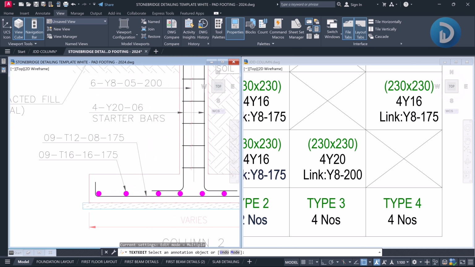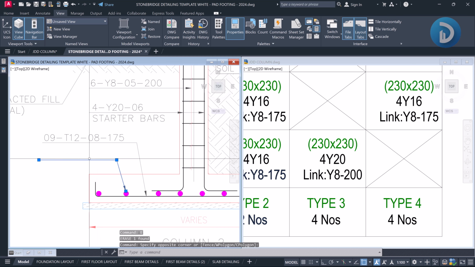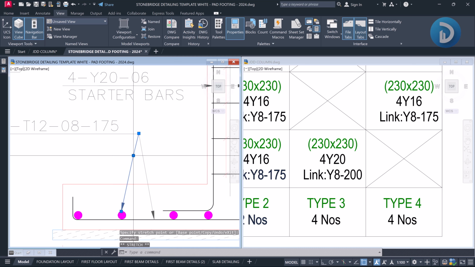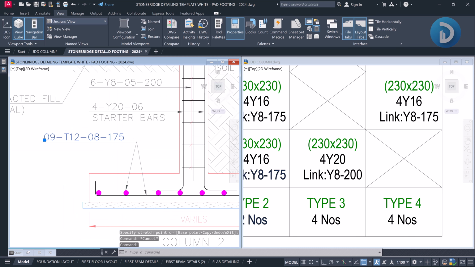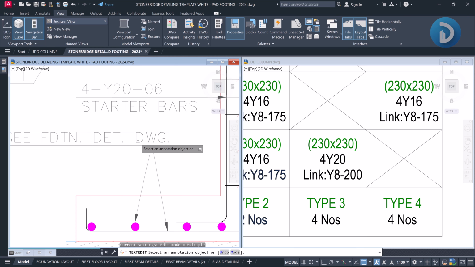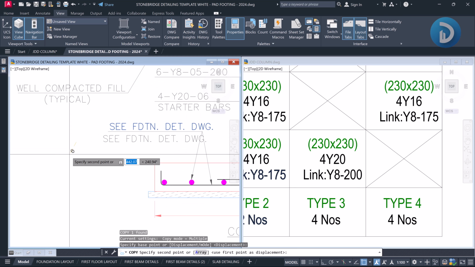Why at this point I will take out this detailing, and let me drag this to this point as well. Let me drag this here. Okay, then I can come here and say, see pad detail sheets. Okay, pad details, or see foundation detail drawing. Or, to add more reference to this, I can say